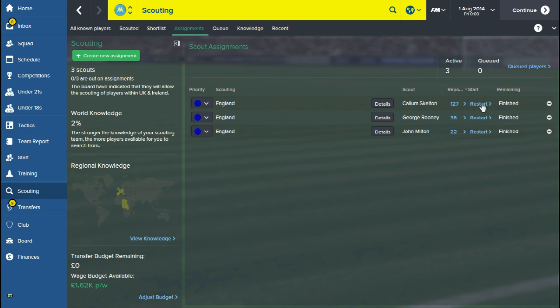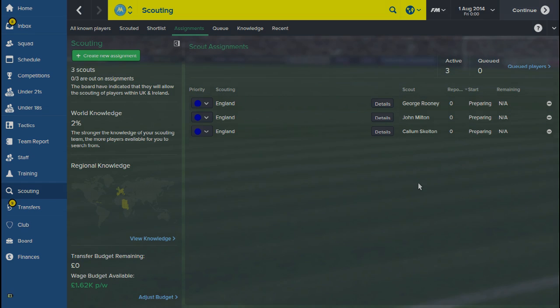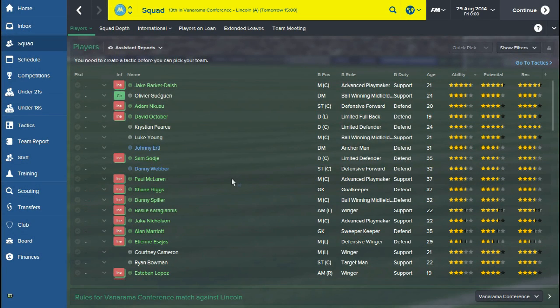So because they finished these reports, we're just going to restart all these. What I'm going to do is go on holiday just for a little bit, until we've got some more players in the team and the trials are pretty much done. So about 4 weeks have now passed, and as you can see here, my assistant manager has pretty much confirmed